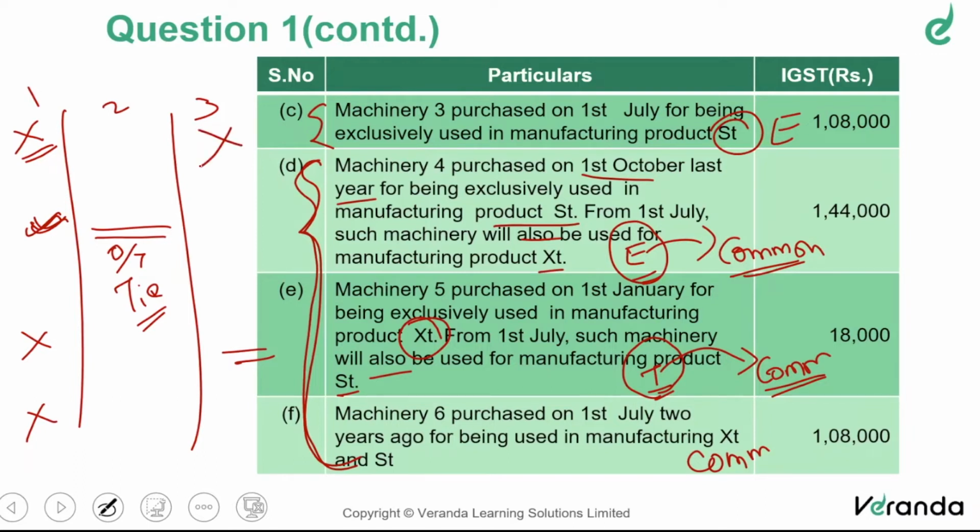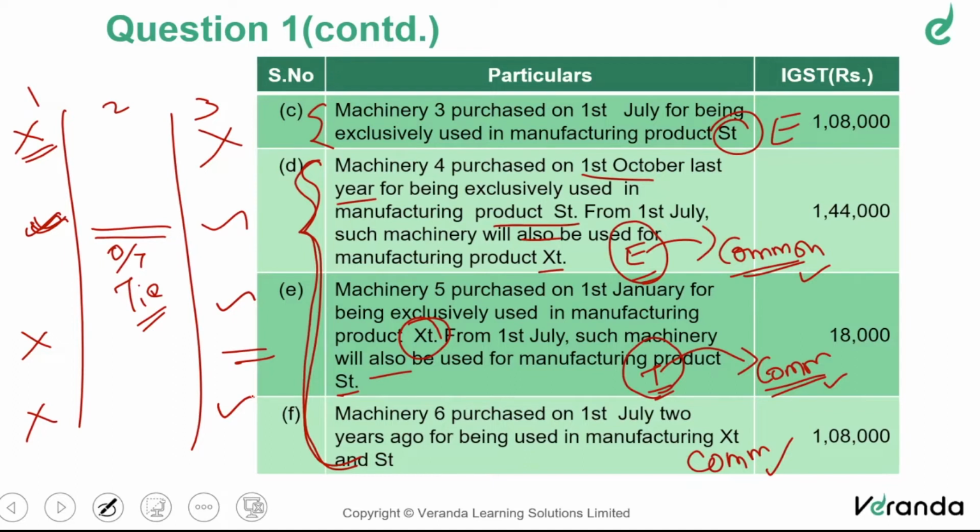Fourth, current month it is converted to common. Yes. Fifth one also current month converted to common. Sixth one always common. So 4, 5, and 6 are common. Easy. That's it. So you add up all these, you will get TC, and that TC divided by 60 is TM, right? So once we get this background, now can I discuss the answer?